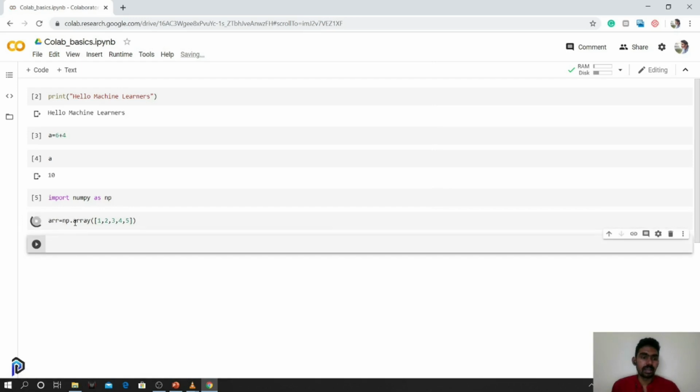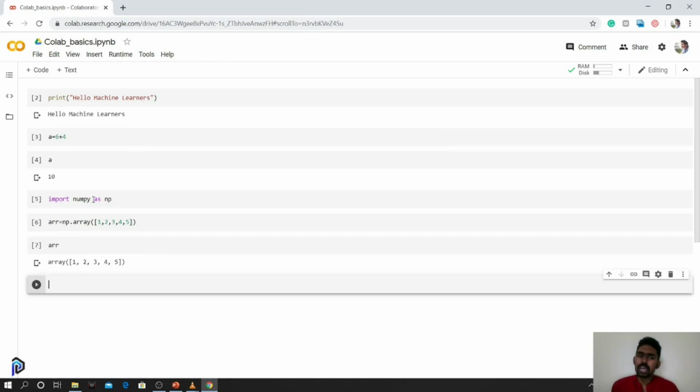So I'll just create an array. So when I actually install the NumPy array by ourselves, we are just importing it. This Jupyter Notebook actually comes with many libraries by itself. So you can see it by executing some command line arguments.